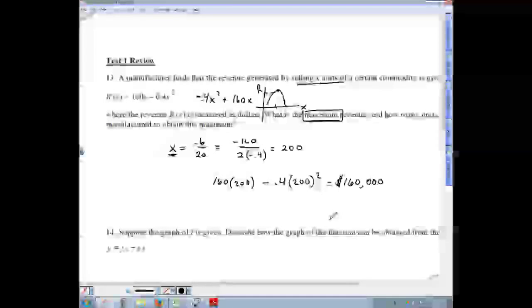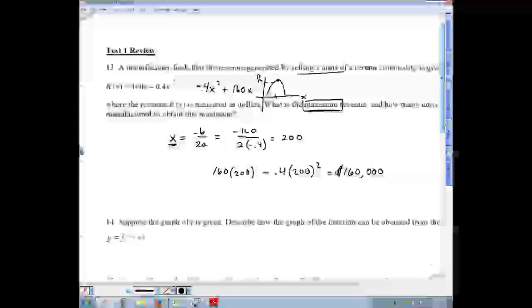Now you think, well, if you want to make more money, just sell more. But what isn't described in the problem is that the more you sell, the more you have to make. And apparently, for this product, the cost starts to increase after 200 units. So it wouldn't be as cost effective to produce more or to sell more. So anyway,